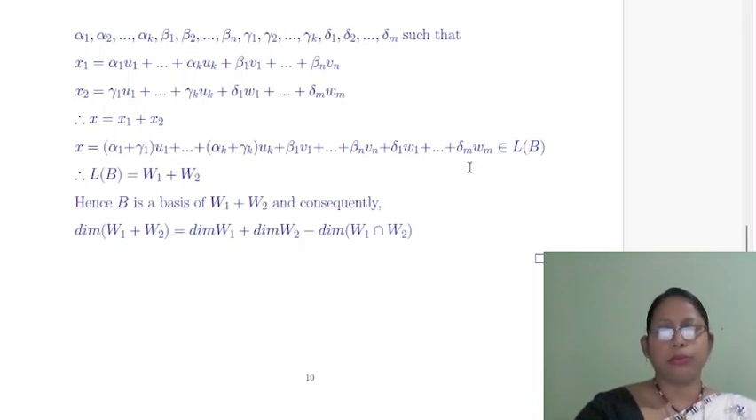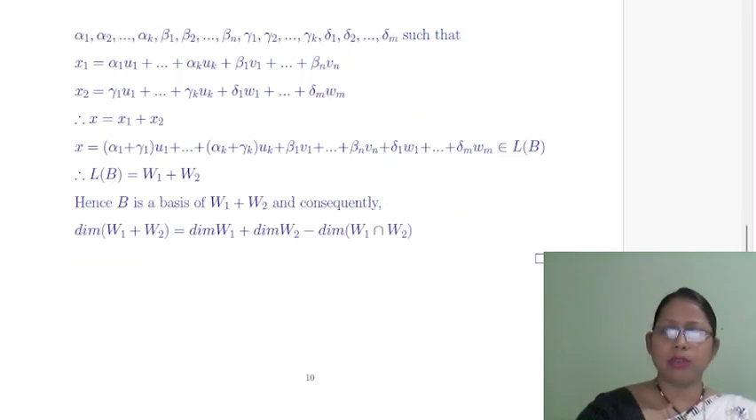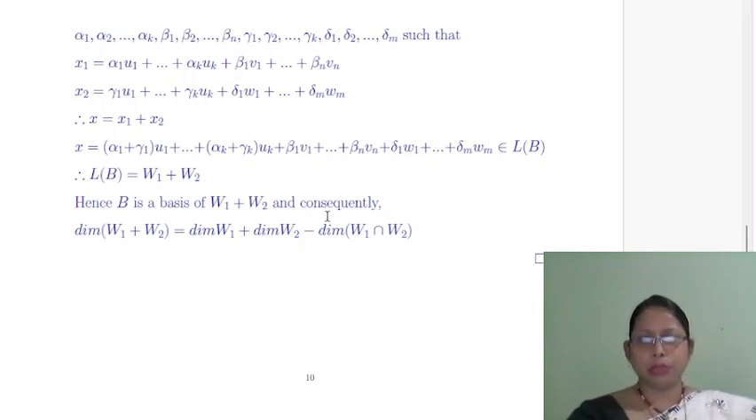Therefore, every element in W1 plus W2 belongs to the linear span of B. That means W1 plus W2 is a subset of the linear span of B. Therefore, the linear span of B is equal to W1 plus W2. Hence, B is a basis of W1 plus W2. Consequently, dim of W1 plus W2 is equal to dim of W1 plus dim of W2 minus dim of W1 intersection W2,